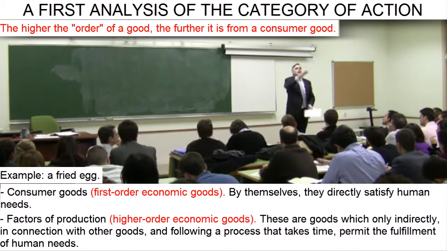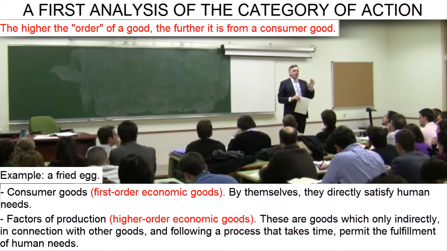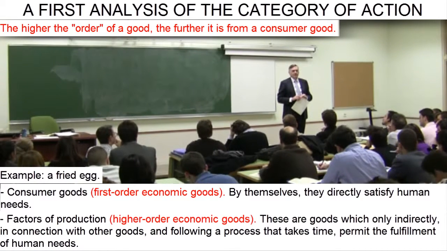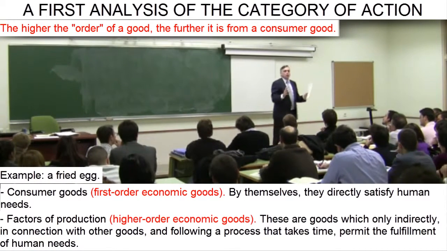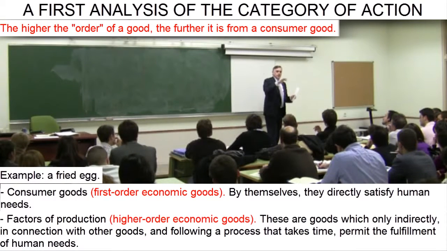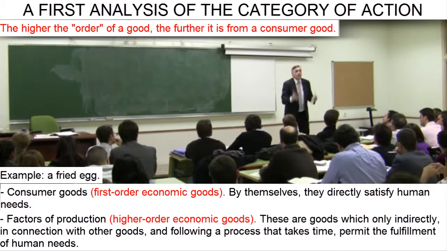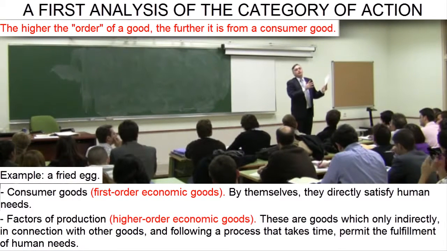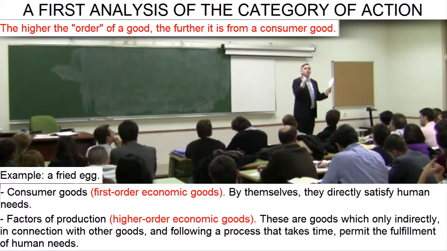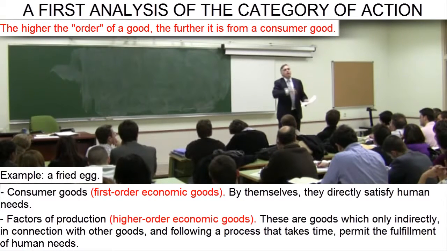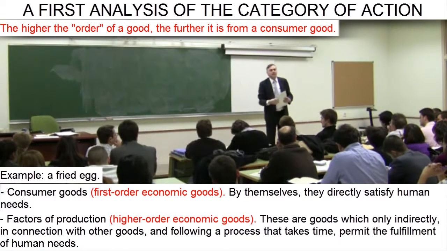Well, there is a block of steel and a machine that shapes it. They are higher order economic goods, goods of the third order, and they are more distant from consumption. Two machines are required to shape the steel, so it can be sold as a frying pan. We could continue to trace back through the stages until we arrived at the economic good of the highest order,